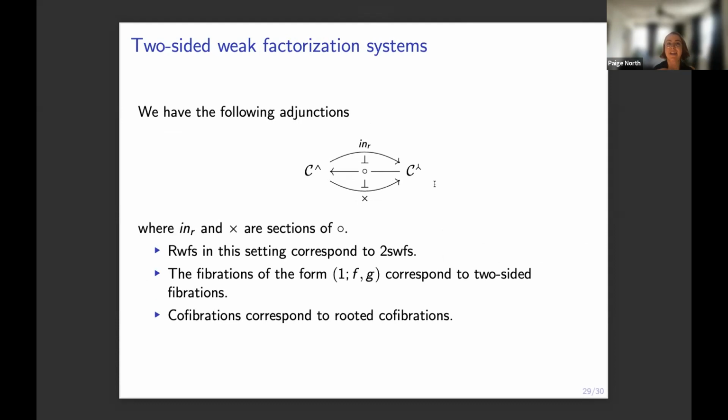Okay, and now back to two-sided weak factorization systems. So maybe now this explains why we were led to this general setting by trying to understand two-sided weak factorization systems algebraically. We have an instance of this setup. Here, this logical and symbol is supposed to be representing the diagram of spans. So here we have the category of spans in some category C, and this symbol is supposed to be representing the diagram of sprouts. So here we have the category of sprouts in some category C. We can always compose a sprout to get a span. We talked about that a little bit before.